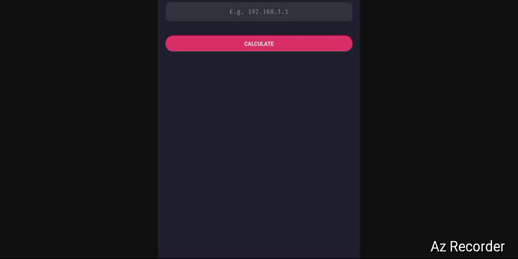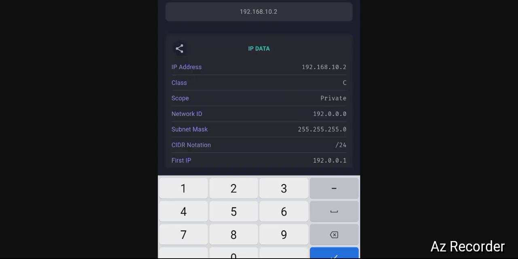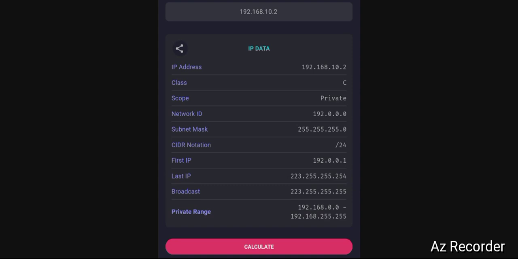I can show here again. If you come here, you will see the class detector. You put in your IP address, and it will do everything for you. Let's practice 192.168.10.2. If you click calculate, it will show you everything. In the IP data, you see it is class C, the scope is private, the network ID and subnet mask are mentioned here.